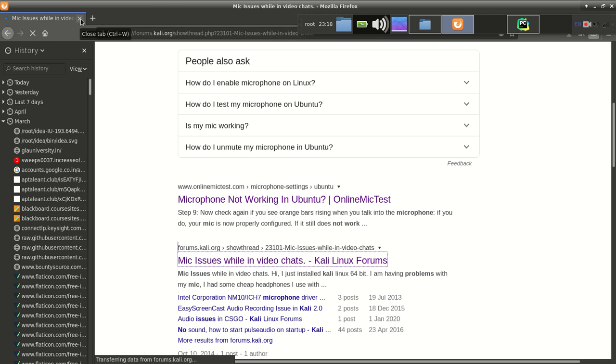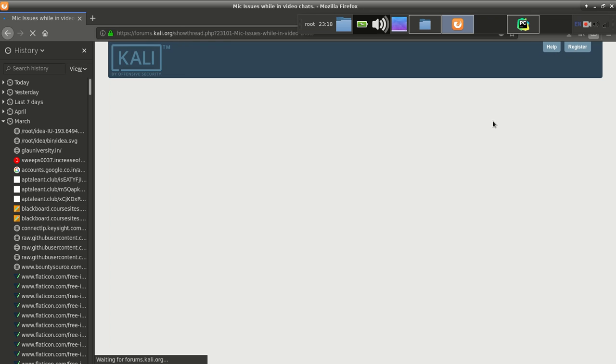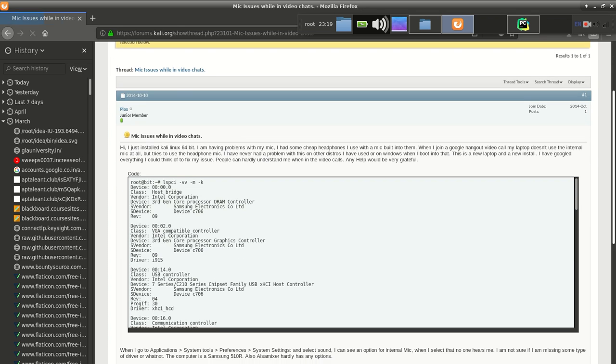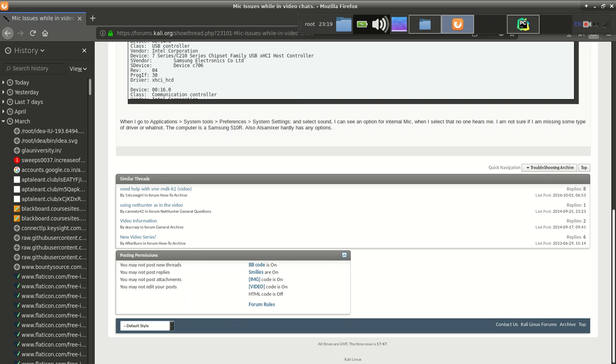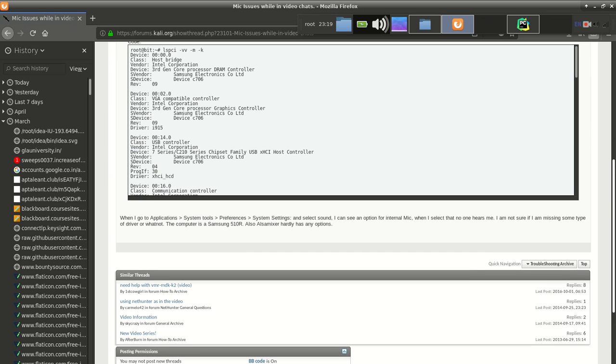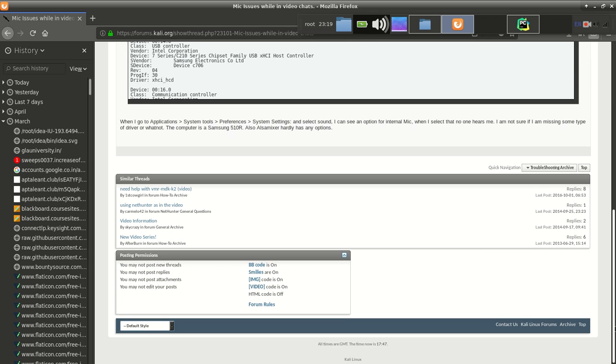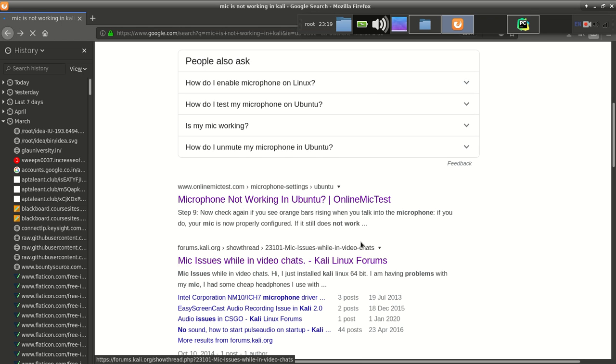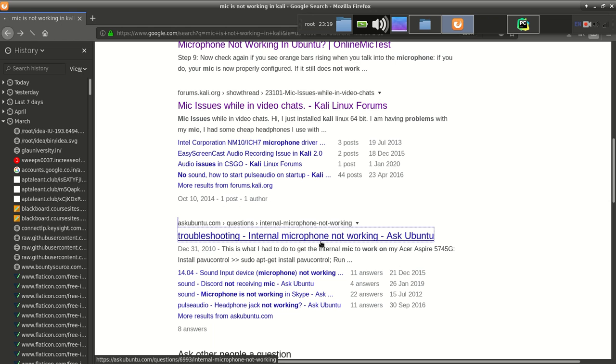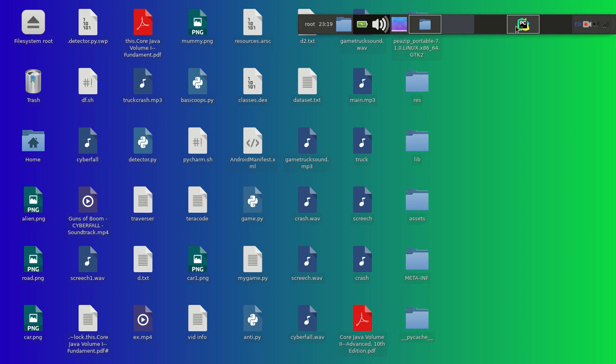No problem. It is loading very slow, but yeah, the page has been loaded. If we can resolve that, it will be better. Actually, I think there are no answers. This is not a sufficient site for this. Ask Ubuntu. Let's see. I think yeah, Ask Ubuntu is a good website for Linux. Okay, leave that. Just because of the internet, it is not working.